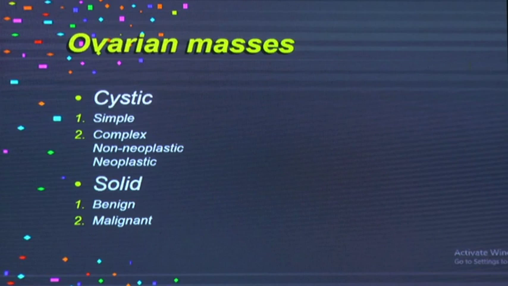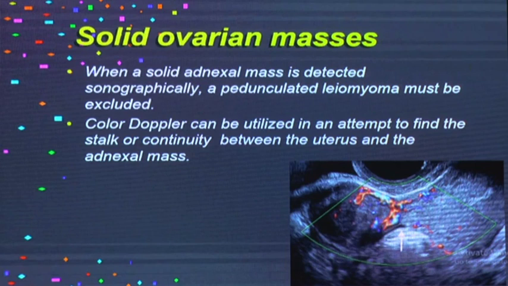Cystic are more common, and a cyst may be simple or complex, and whenever you see a complex cyst, it may either be non-neoplastic or neoplastic. Solid ones are seen as well, but they are less common, and they may be benign or malignant. We will see in the various slides how to differentiate. So whenever you see a solid ovarian mass,